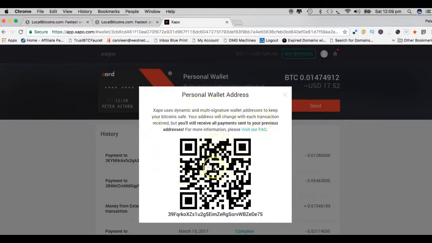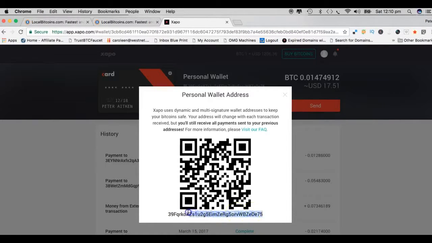Now this is the QR code for your wallet address. So if you happen to be with somebody that wants to pay you some Bitcoins for a product or service, they can simply scan that QR code with their phone, and that will immediately give that party your wallet address, and they can send you the Bitcoins straight from their mobile phone. For the purpose of this video, we want this string of letters and numbers down the bottom here. That is actually